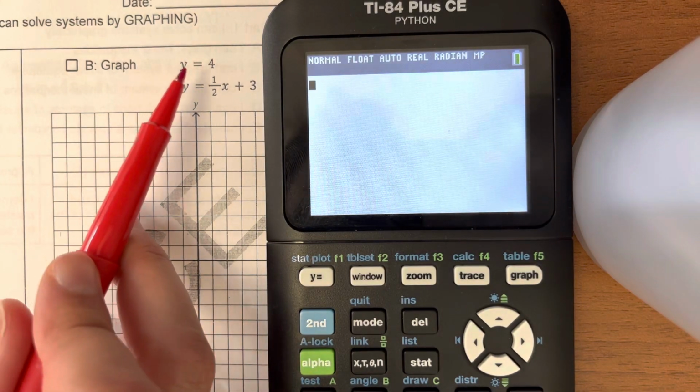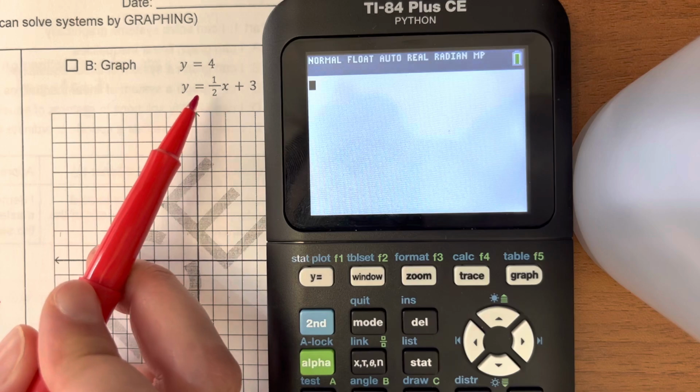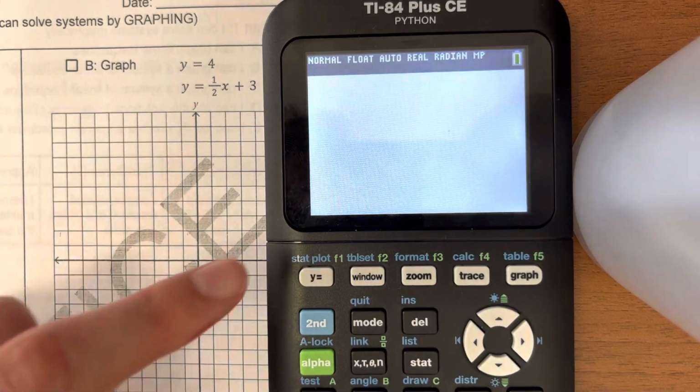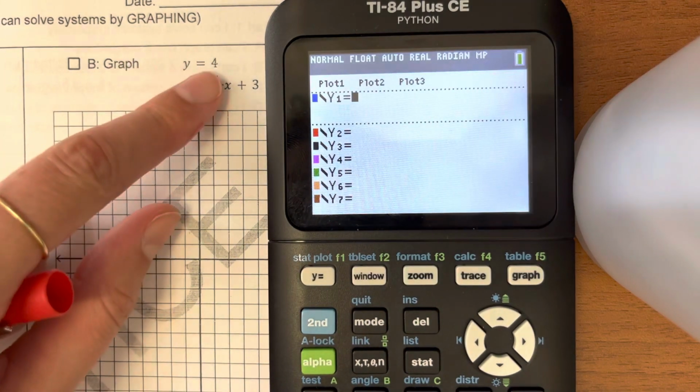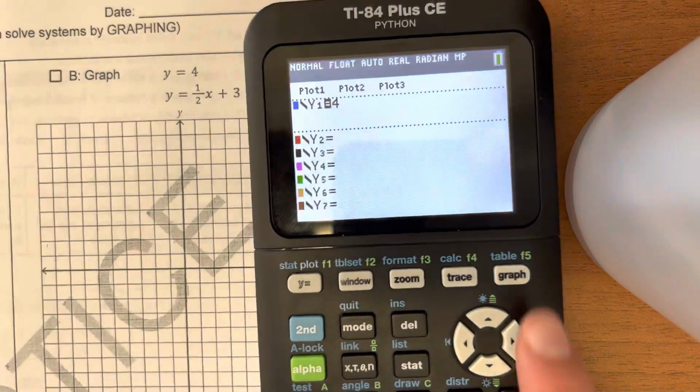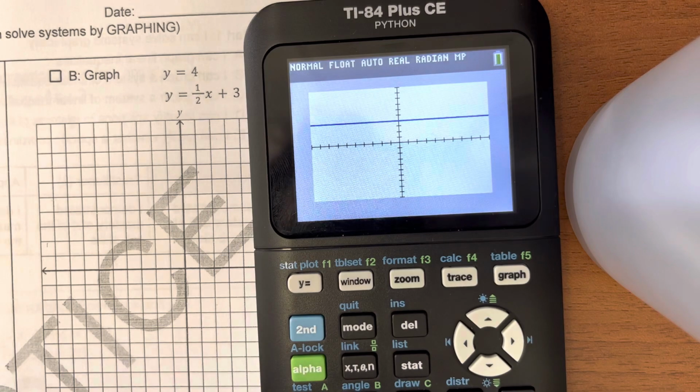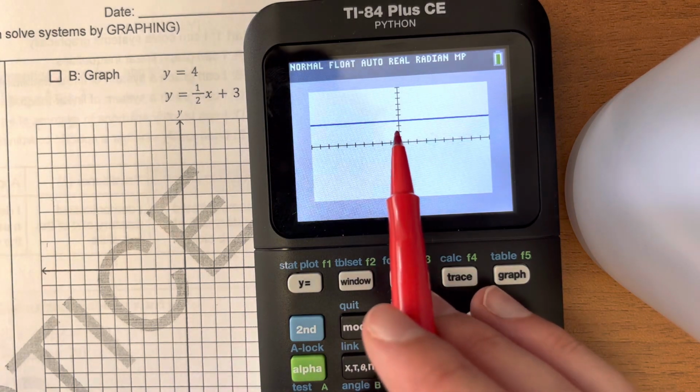Graphing a system of equations. Two equations. So I'm going to press y equals. The first one, I'm going to clear this out. First one is just y equals 4. So I'm pressing 4. I can press graph, and I see that there's a line where 1, 2, 3, 4,